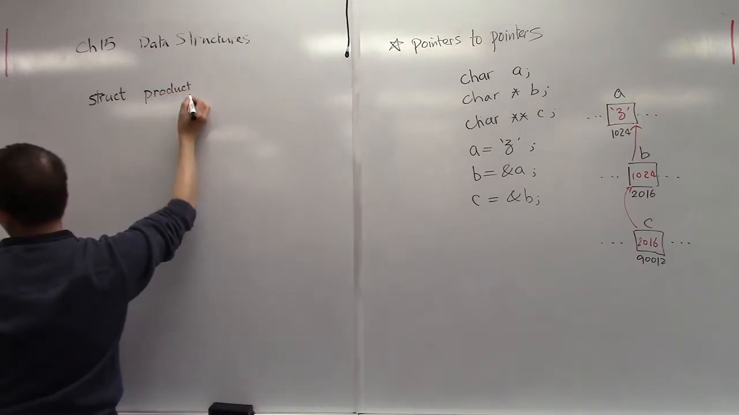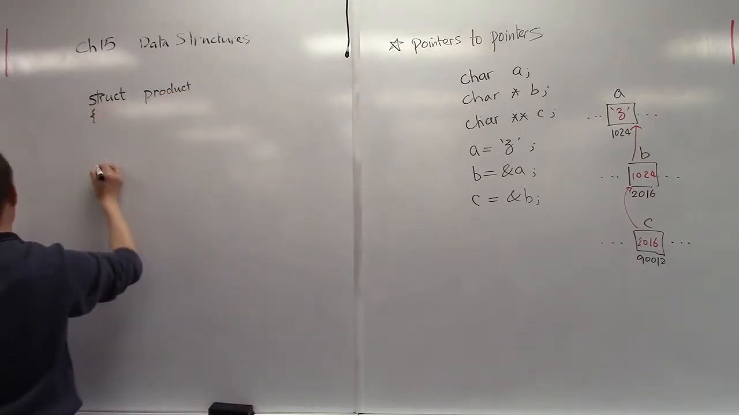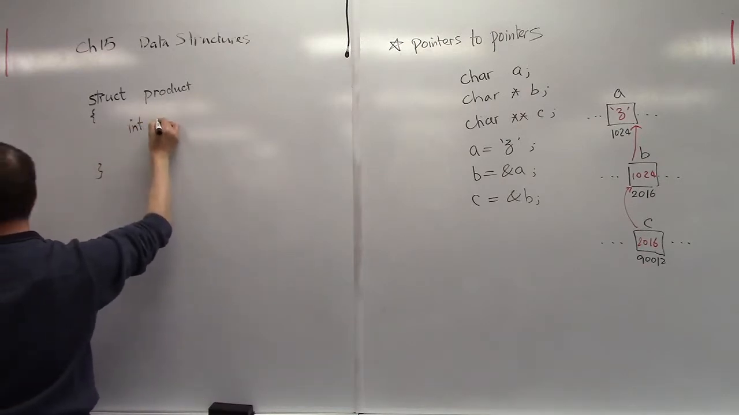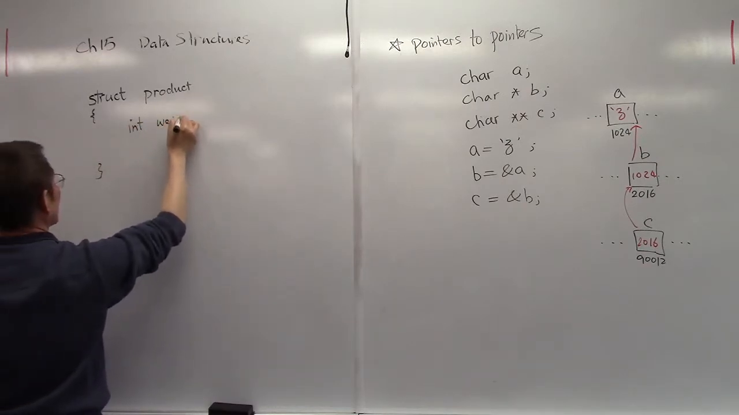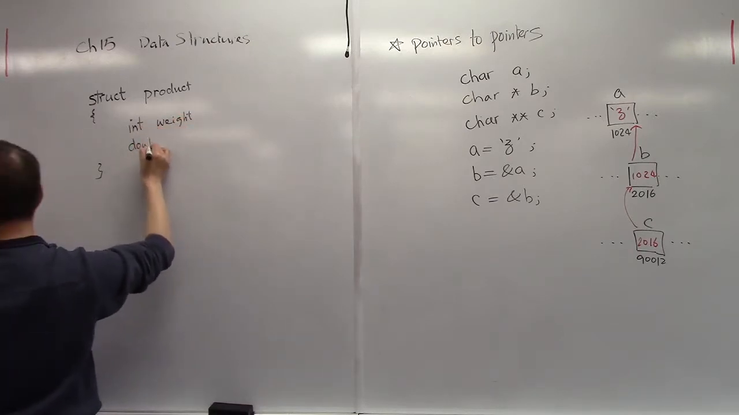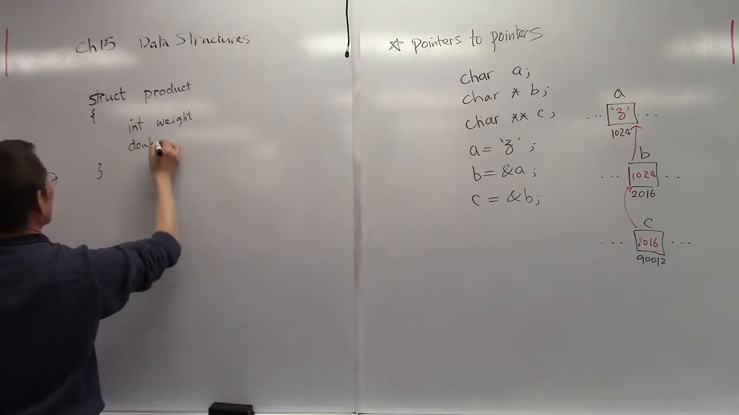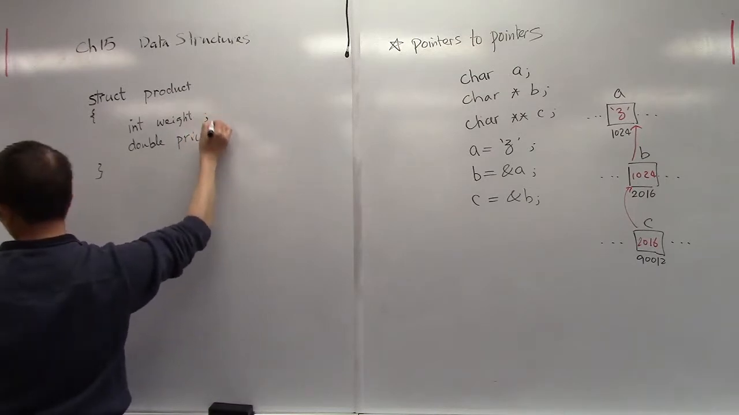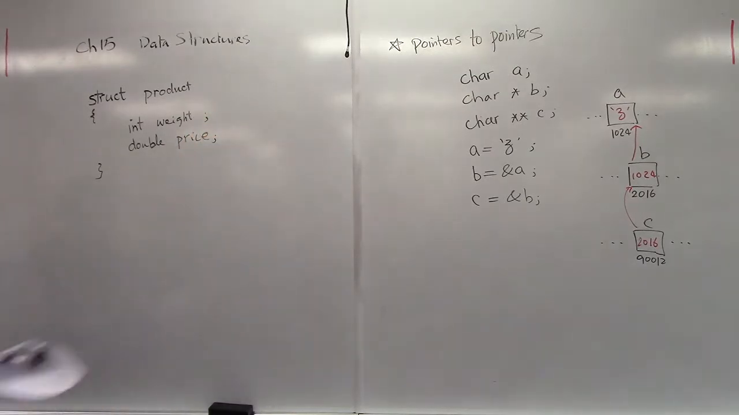Product. Integer, weight, and double, price. Okay, what does that do, and then